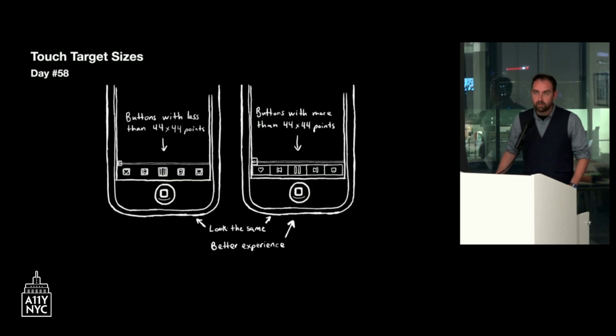And then Apple recommends to have touch target sizes of 44 by 44 points minimum. And again, I think we've all been there where you try to tap a button in an iOS app and you have to try many times till you finally hit the button. And most of the times you think it doesn't even need to look different. It's just that the size of the button is small, right?